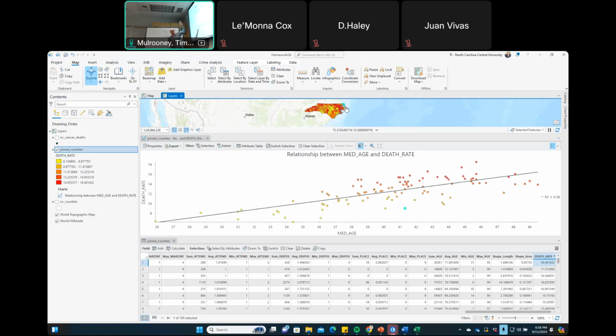And so when I have something called R squared, that R squared means that we can explain 56% of the death rates using age. So these are the counties where there's older people. These are the counties where there's younger people. The death rate goes up. Does that make sense? Yes, because older people die.